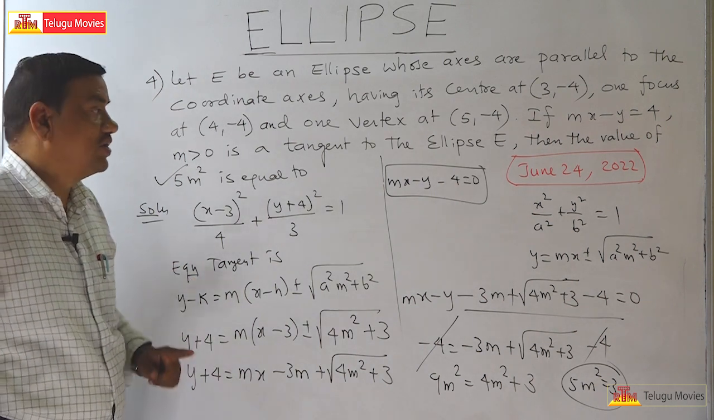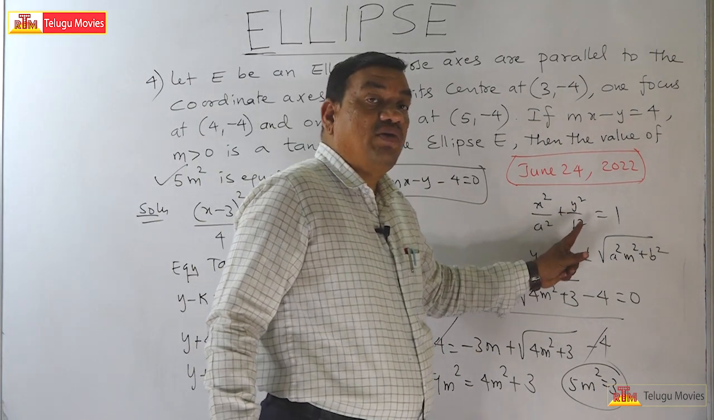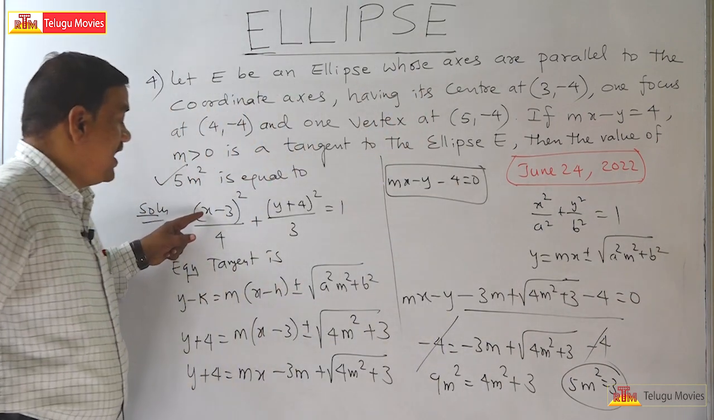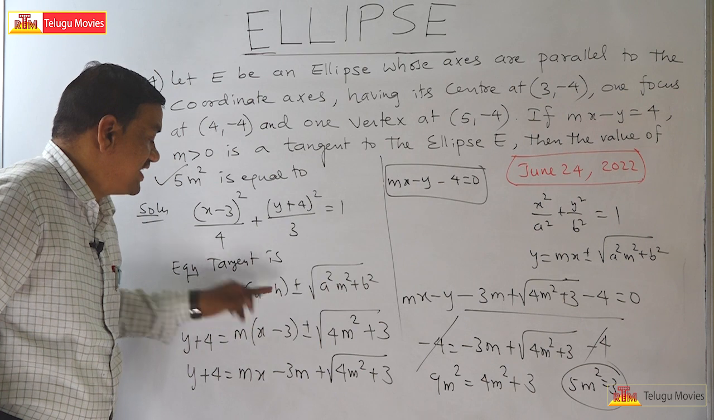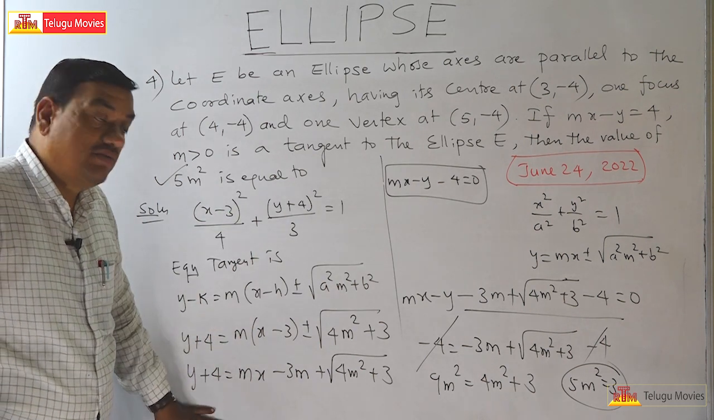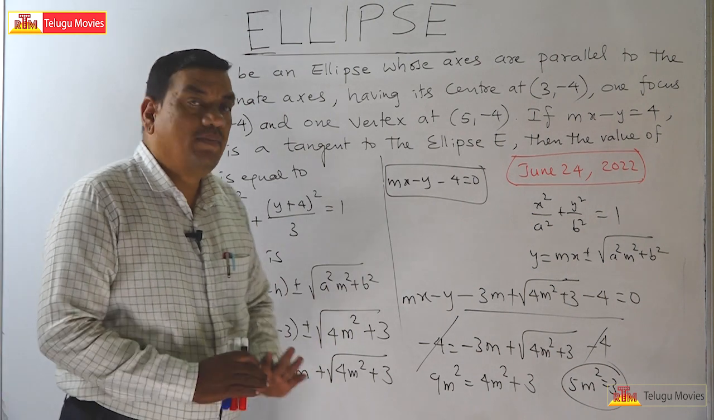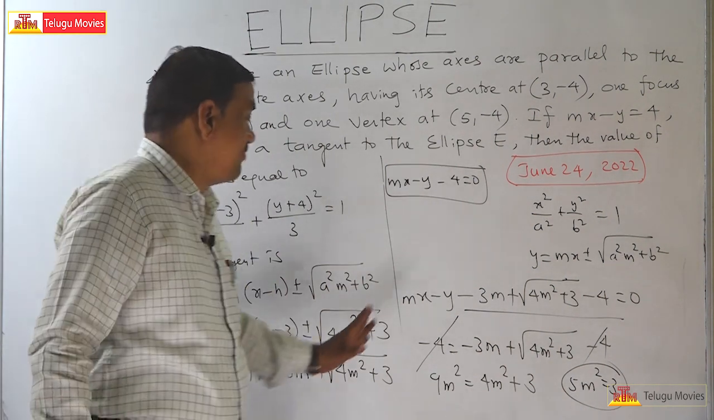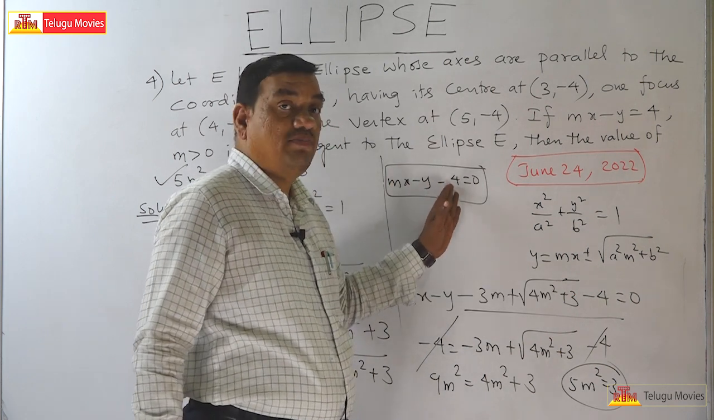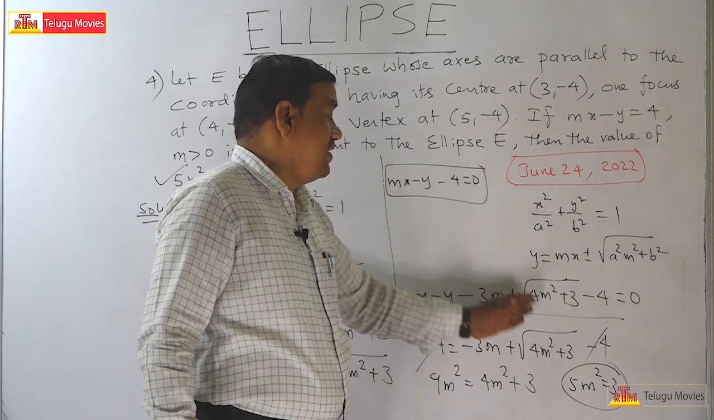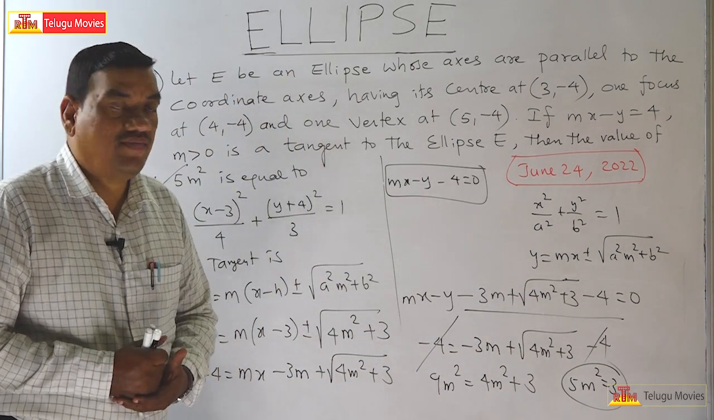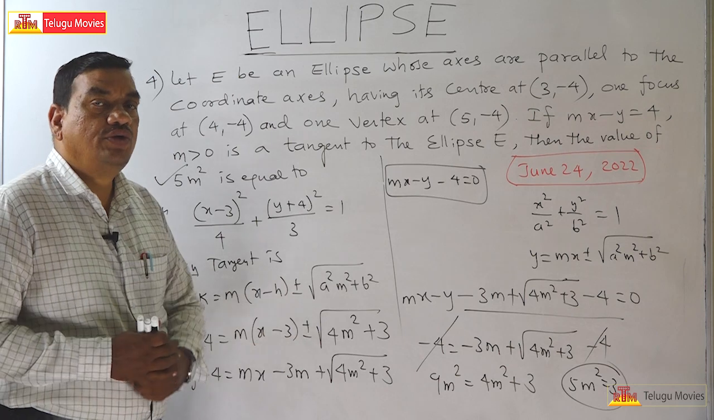From this, what you have to observe is that the equation of the tangent is y is equal to mx plus or minus root of A square m square plus B square. For this type of ellipse, in place of x substitute x minus h, and in place of y substitute y minus k. I got the equation of the tangent, and I wrote this in the form ax plus by plus c. The given equation is also ax plus by plus c, so I compared the constant terms, and luckily I got the 5m square value. I hope that you understand this